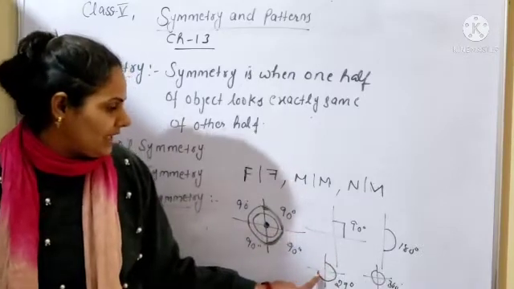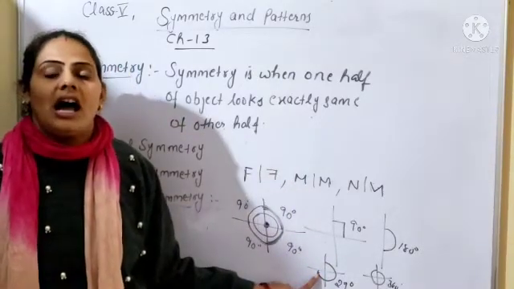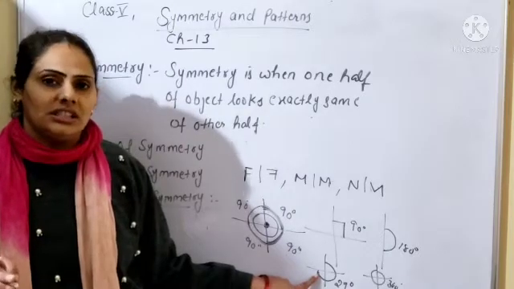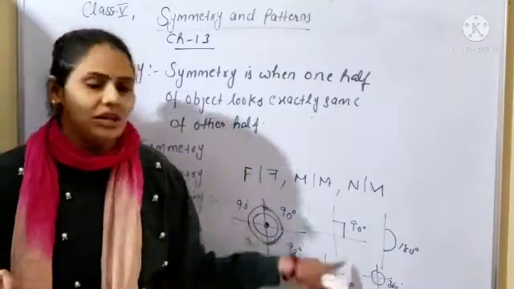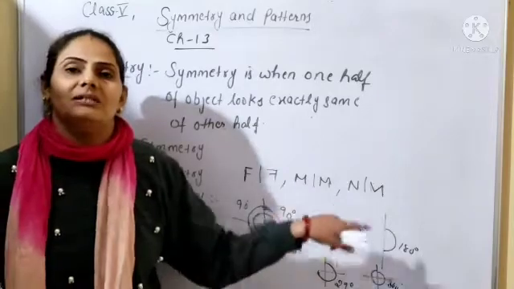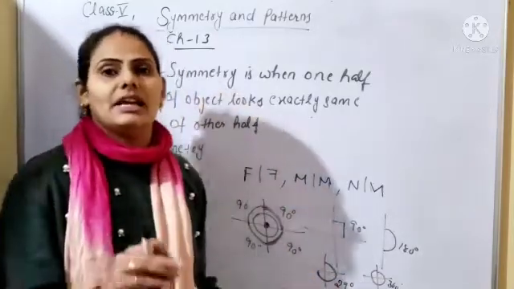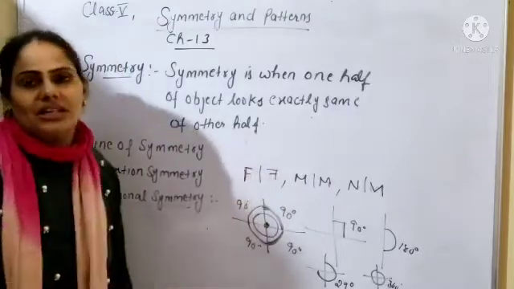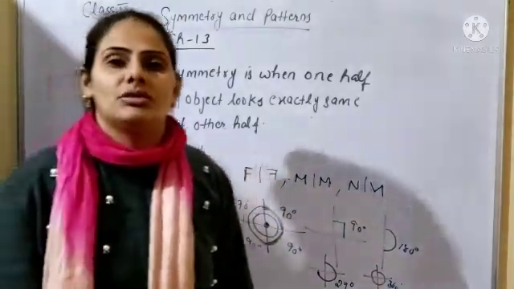And from here to here, if you are taking the 3/4 turn, out of 4 turns you are taking 3 turns, it means you are taking the angle of 270 degrees. And if you are taking all the 4 turns, you can say the complete revolution, so you will get the angle of 360 degrees. So this is called the rotation symmetry. Rotation symmetry you will do according to the rotation.